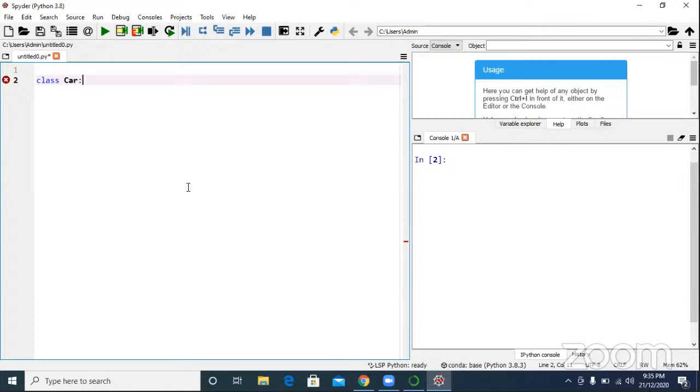For suppose tomorrow you are working with the predefined Selenium packages or any other packages, wherever you see first letter capital, blindly you can say that is a class. Blindly you can declare that is a class. That's why every class first letter should be capital.